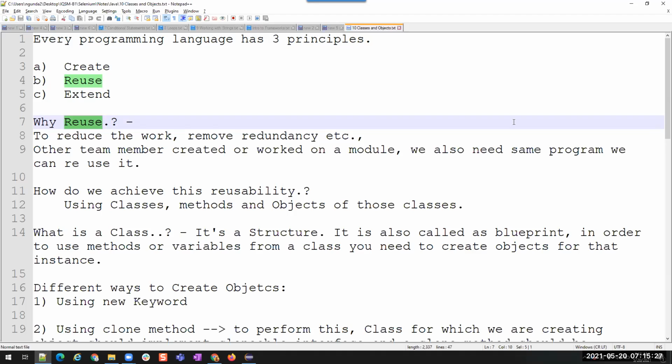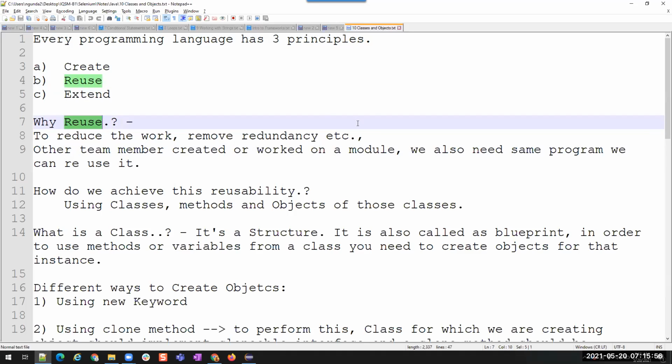Some stored procedures are subqueries. You create them as a part of a subquery and then join them with the parent query or main query. So you are going to create some subqueries like that because you are going to use that query in multiple places. Similarly, here also we are going to create classes and objects to use them in different places wherever we want.